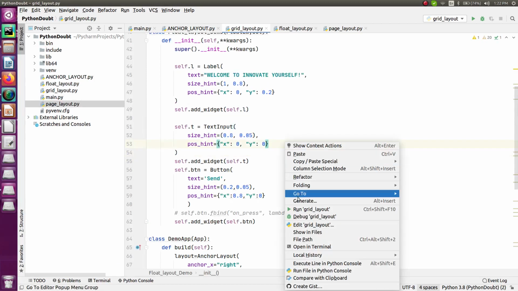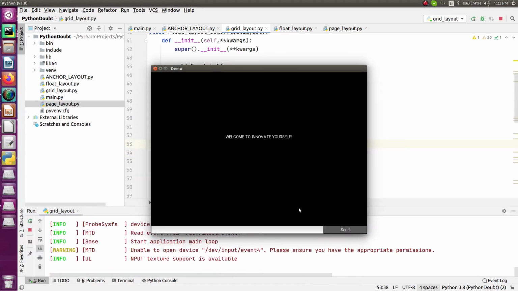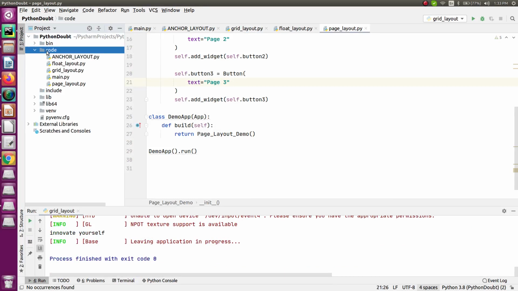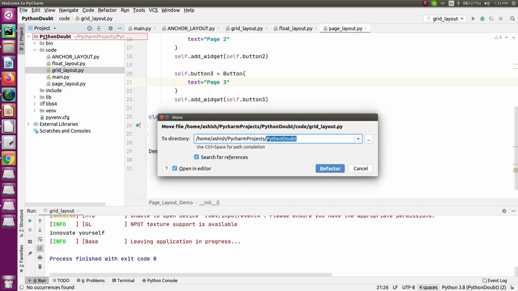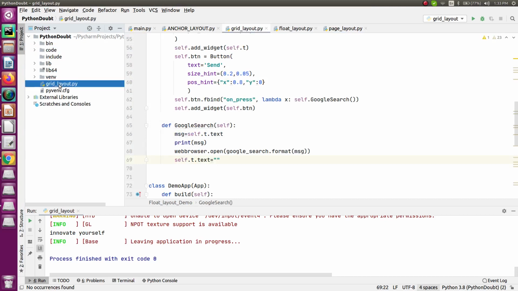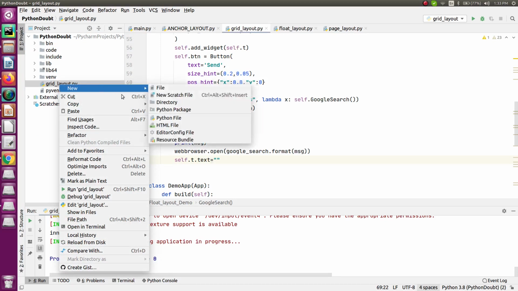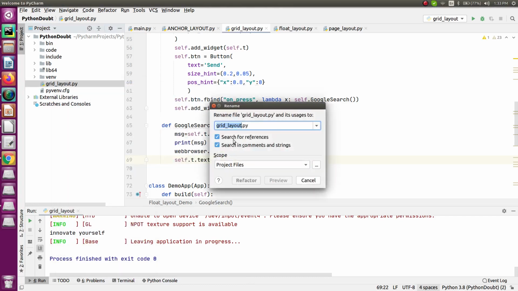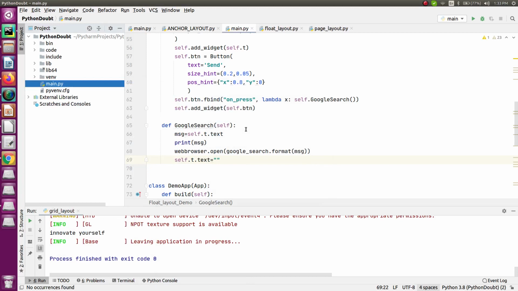Just run this. So you can see this. Okay, it's done now. I have to move this one out. Move this out, and also rename this now. Rename it over here, it's main. So now I'm done up to this step.